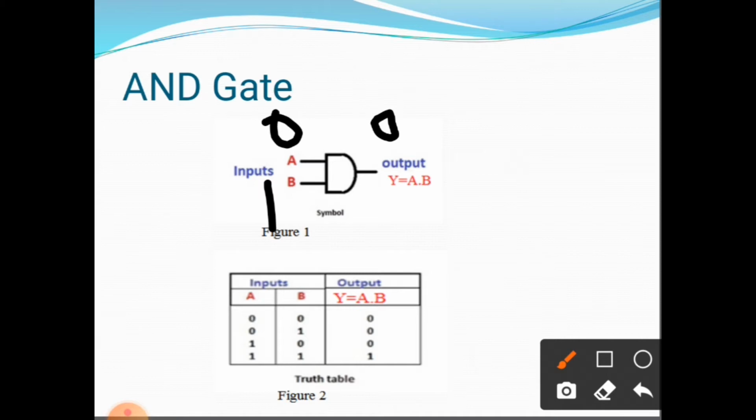Let us consider the third condition. When we give A equal to 1 and B equal to 0, then the output is 0. And the last condition, when we give A equal to 1 and B equal to 1, then the output will be 1. That is the truth table for the AND gate. The AND operation is also referred to as logical multiplication, and therefore it is a symbol